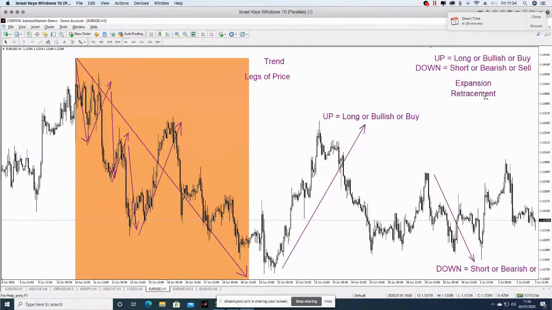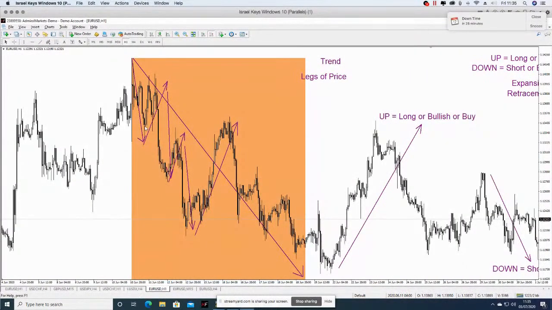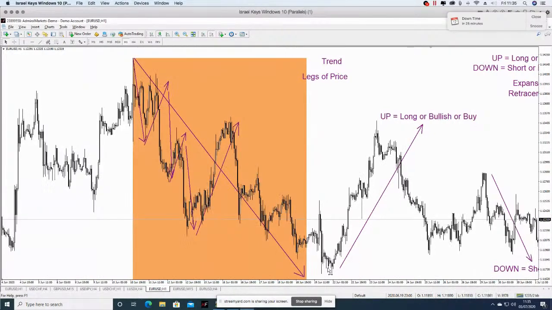And you will see that this is how price moves. It doesn't just run down in one direction. It will zigzag. So expansion, retracement, expansion, retracement, expansion, retracement, and expansion again,